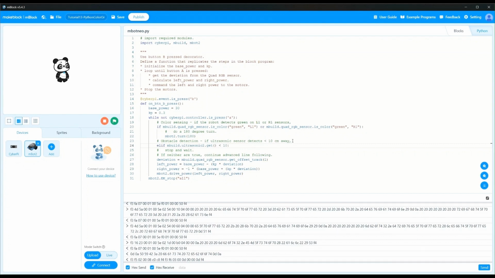If it is less than 10 centimeters, we want to stop and wait in this case. In order to stop and wait, we'll use the same mBot2.emStop of all API call. So I'm going to copy and paste that over here. Finally, we want to continue advanced line following only when neither of the above conditions are true. That is, if no green was sensed and no obstacle was sensed, only in that case we want to continue